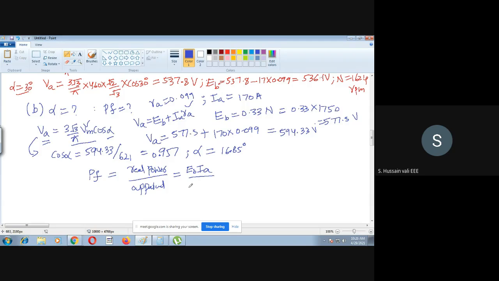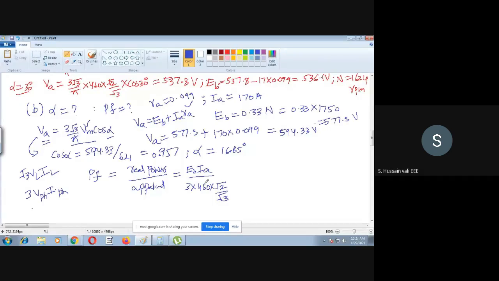If you recall the apparent power of your three phase, several formulas are there. Root 3 VL IL is one formula. That is the apparent power. There is another formula, 3 V phase into I phase. Any one formula we will use here. Using that we'll find out this thing. We know 3 V phase. Just now we have found out how much is V phase: 460 is the line voltage into root 2 by root 3. Is this V phase or no?